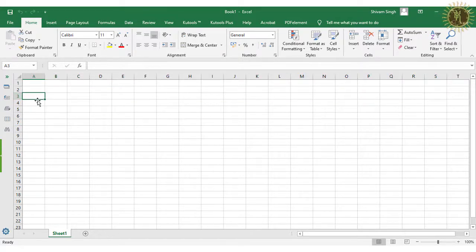Next is to select an entire column. To select an entire column, you just click on the column heading. These are the column headings. You can see that these columns are selected. The entire columns have been selected.